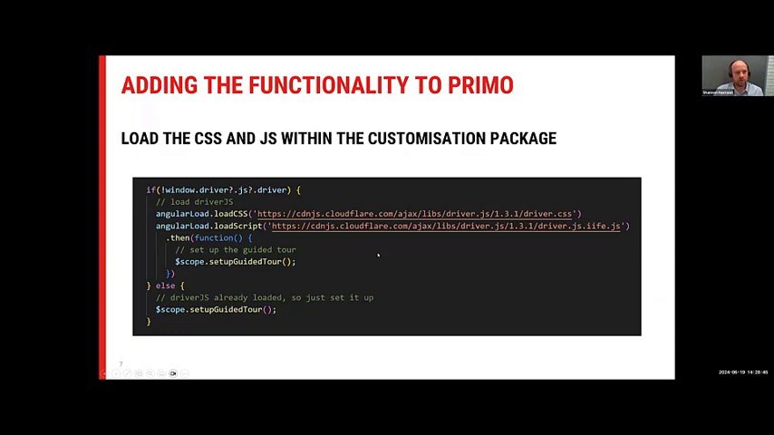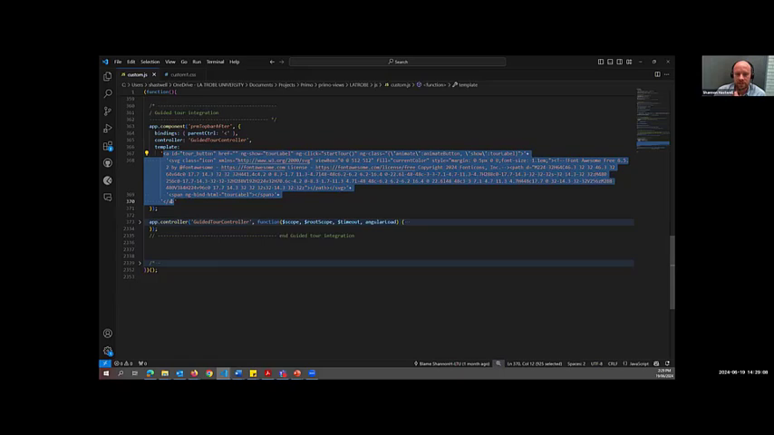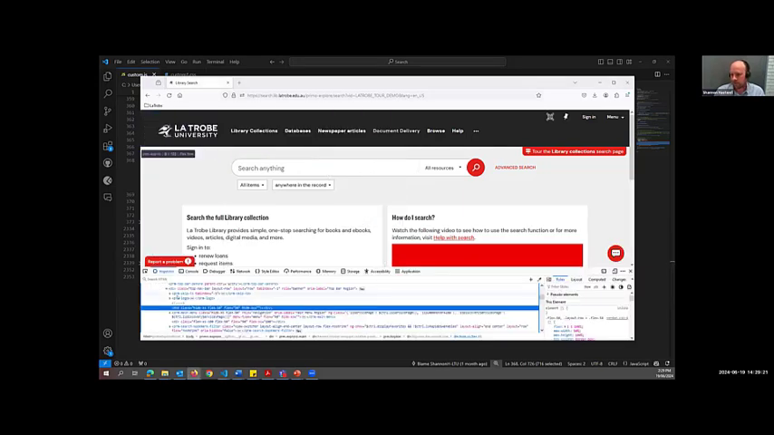If we have a quick look at the code for this, this is the component part. So we're using the PRM top bar after element. The controller is the guided tour controller that we define down here. And this is our template HTML, which is really just the link for the button. It looks big, but really all of this is just the SVG of the icon, the little road sign that appears in the button. And if we have a quick look in Primo, just inspect up here, the top nav,